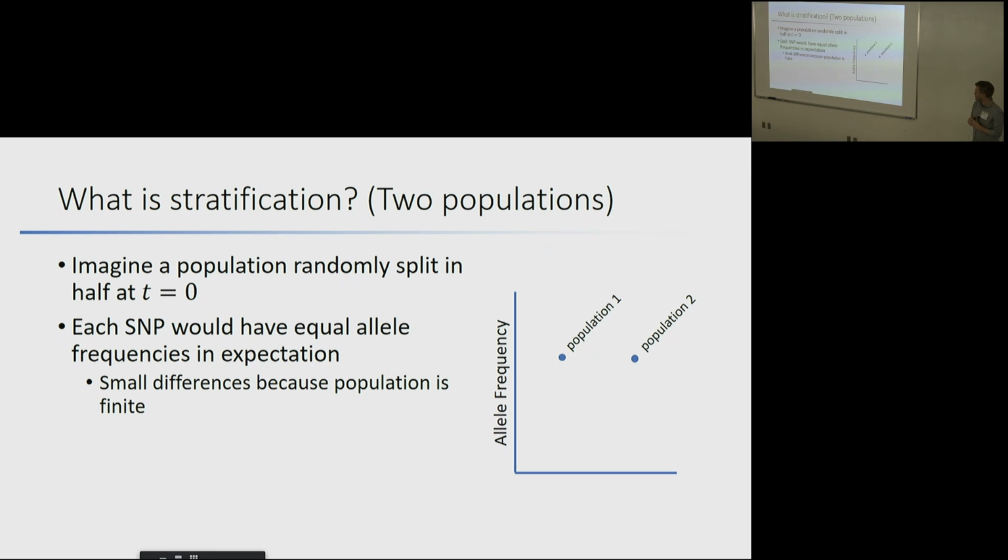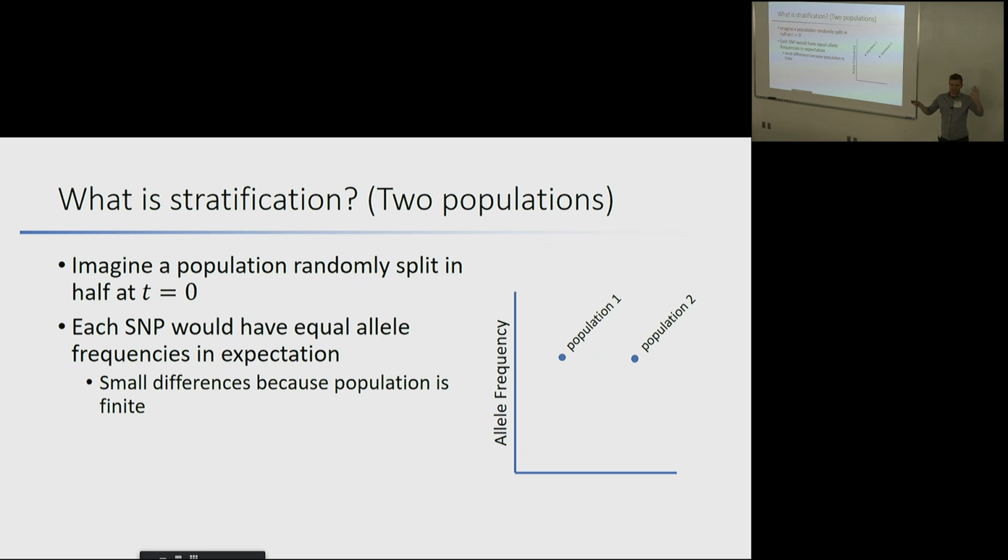And so let's imagine a super simple population. We have a group of people, and then maybe there's an earthquake, and it creates a big chasm in the middle of this population. All of a sudden, people can't get across this chasm, and so we now have two separate populations. Now, at time equals 0, assuming that it was random where this chasm was built, the allele frequencies in these two groups are going to be approximately the same.